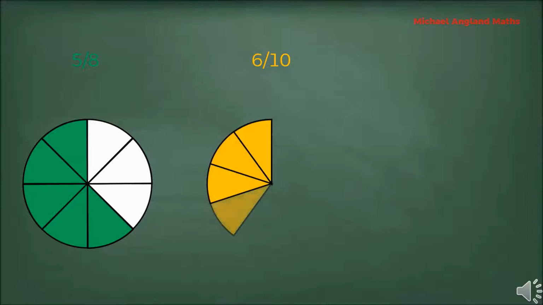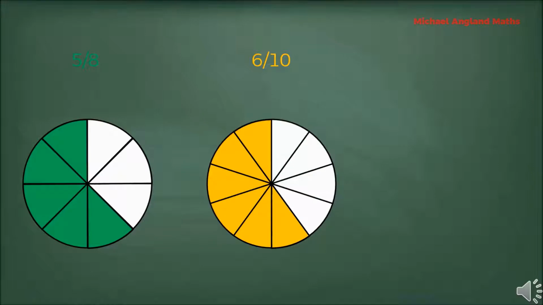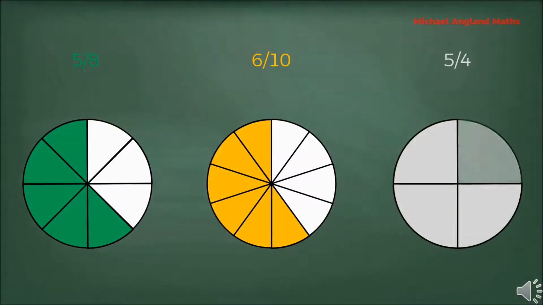Looking at the remaining fractions, 5 over 8, we have 5 parts present out of a total of 8 parts. Next one, 6 over 10, we have 6 parts present out of a total division of 10 parts. And interestingly, the last one, 5 over 4, which is an improper fraction, we have 5 parts present out of